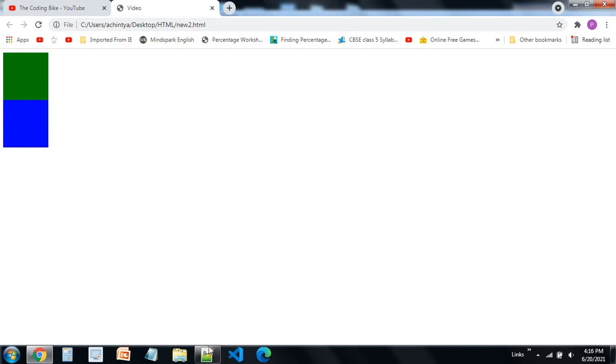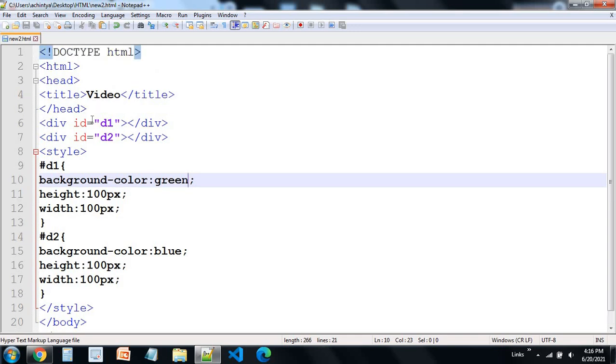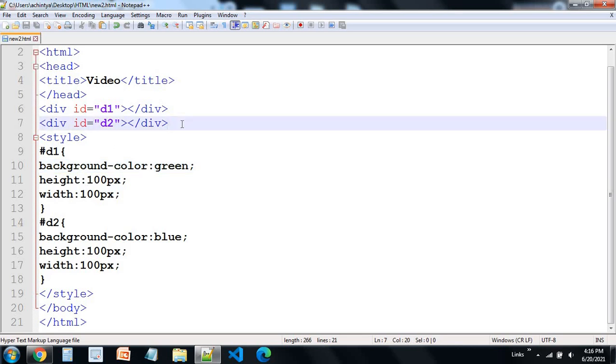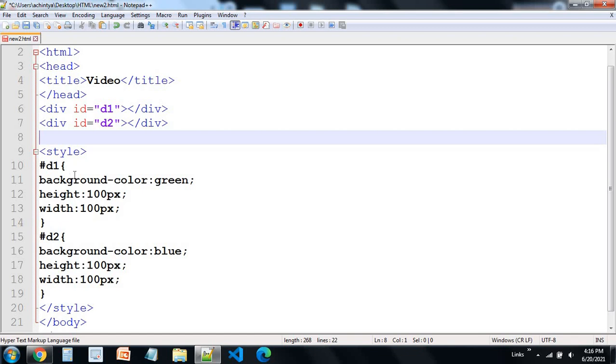Another thing I wanted to tell you is that if you are using CSS, I mean the style tag with CSS, or you're using a separate style sheet CSS, only then do you need to use the ID and class element. Otherwise, if you're using inline styling, as I'm using over here, you don't need to add these IDs and classes, because there the HTML doesn't apply the first div's styling to the second div.